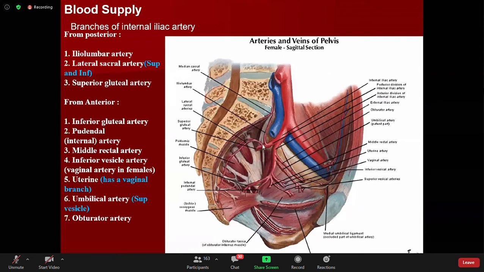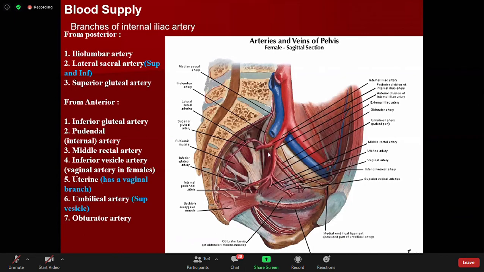From the posterior branch, little arteries: iliolumbar, lateral sacral, superior gluteal. And from the anterior branch, you will have the inferior gluteal artery. You will have the internal pudendal artery in the pudendal canal. You will have the middle rectal. You will have the uterine or the inferior vesical. In females, it's called the vaginal artery. And then you will have the uterine. Uterine itself has its own vaginal branch. Okay, then you will have the